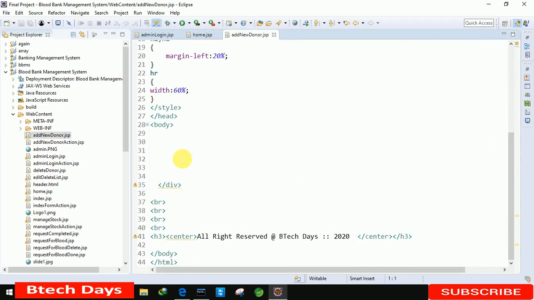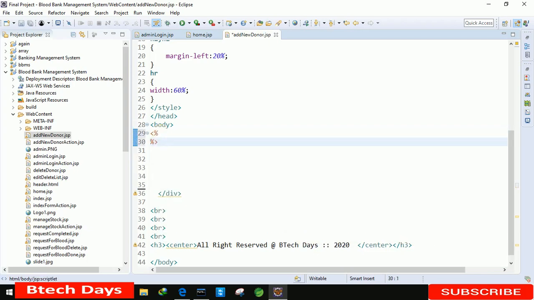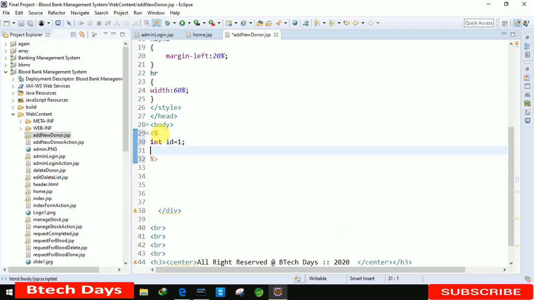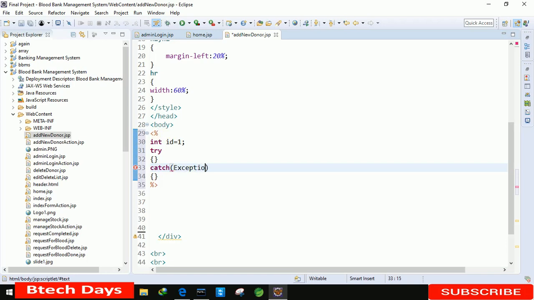Before writing code, one more thing, we just need to generate the ID. So for that, first we need to write the code for that. So here I'm taking a variable int id is equals to 1. After that, we are using try catch block, catch exception e.